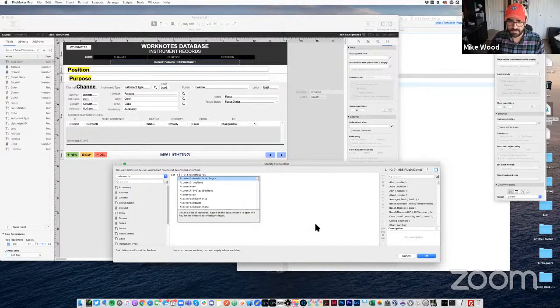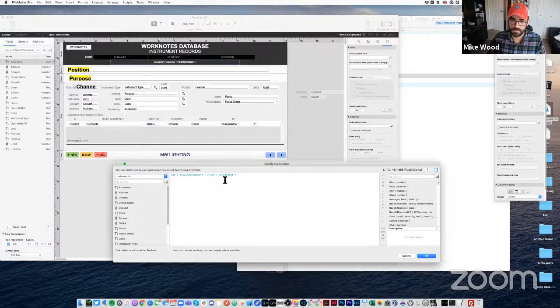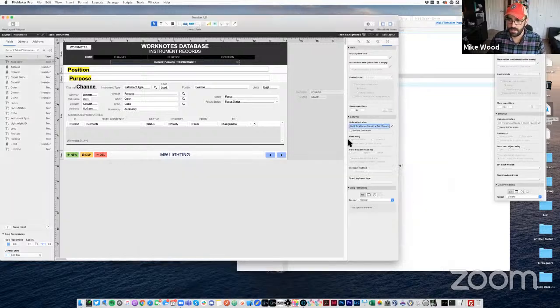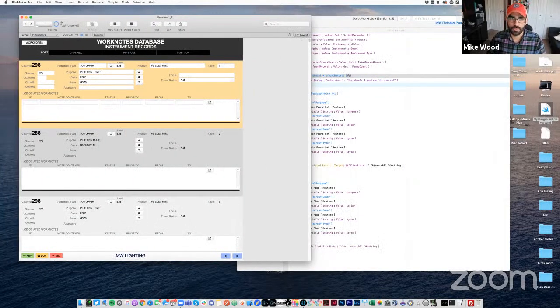So I'm going to say get total record count does not equal get found count. Now, one thing to keep in mind here is this is kind of a negative. You have to remember that you have to think opposite of this. So I want to hide it when it is this. So I actually want this to be an equals, not a not equals. And now, whenever the currently total number of records equals however many records are in here, this will not show